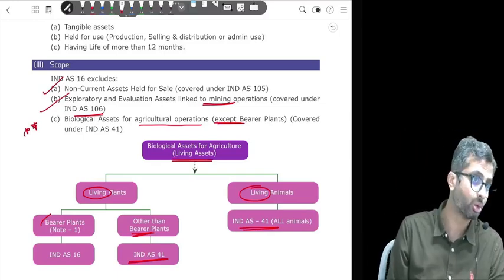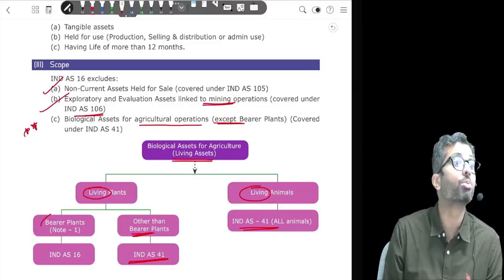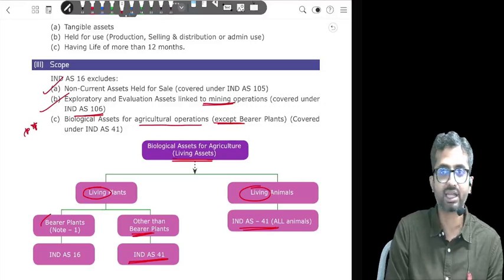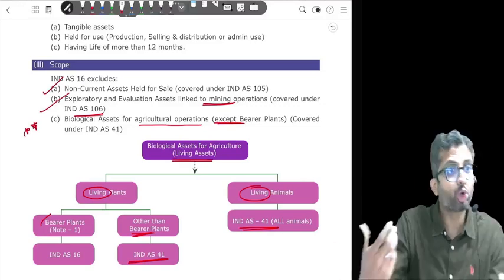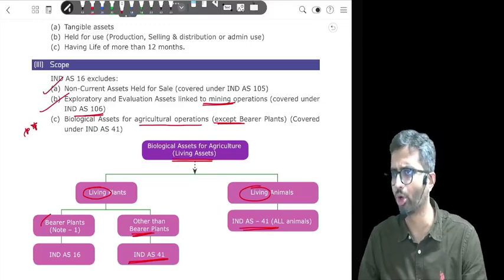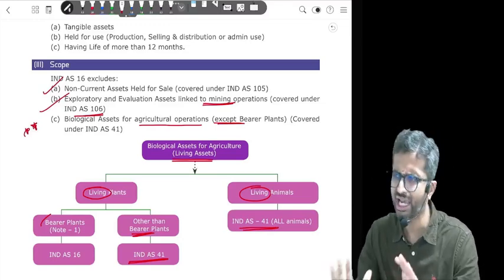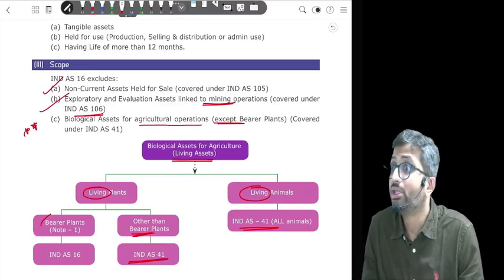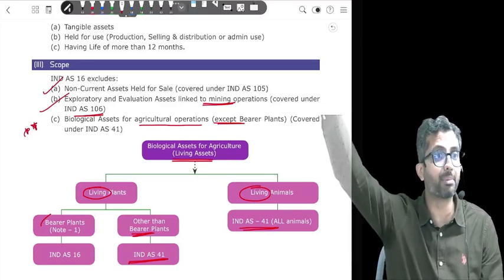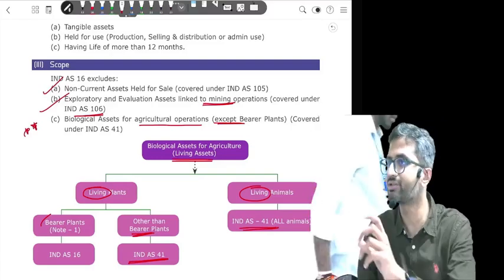The standard says no. For example, you were to buy laptops. Now your staff is technologically illiterate. They don't know how to use a laptop. You are training your staff how to use a laptop. You are giving them courses. Is a laptop ready for use? Your staff does not know how to use it, does not mean that the laptop cost should be capitalized. Or, this is a very simple example.